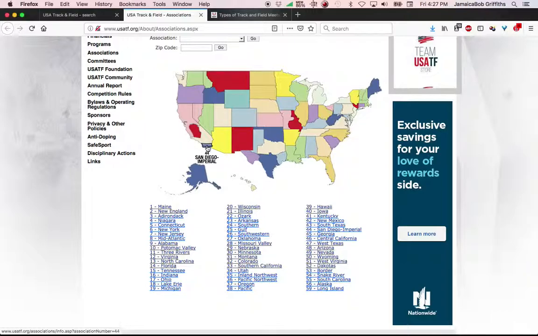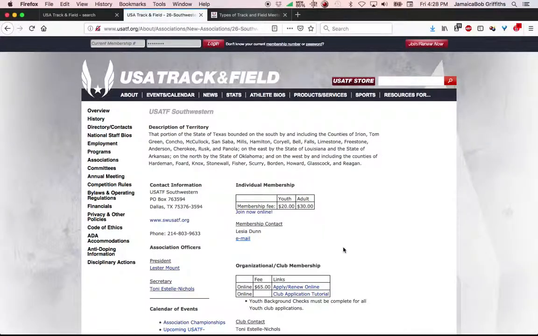Very good. So depending on your state, you might have 1 or 2 or 3, and some regions might include more than one state. Texas seems to have 1, 2, 3, 4, 5. Okay, and then if you want to get more information locally, you would just click on that area. This is the Southwestern Association, and then here's their website. And if I click on their website link,